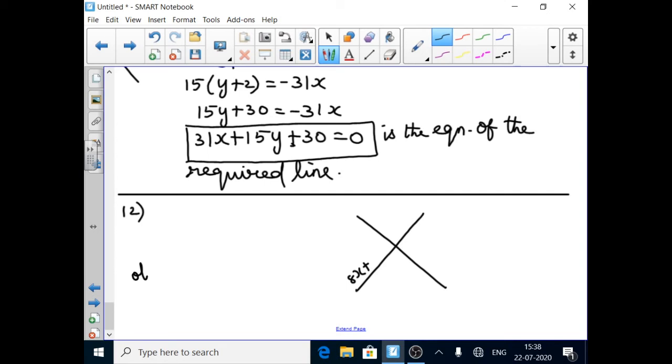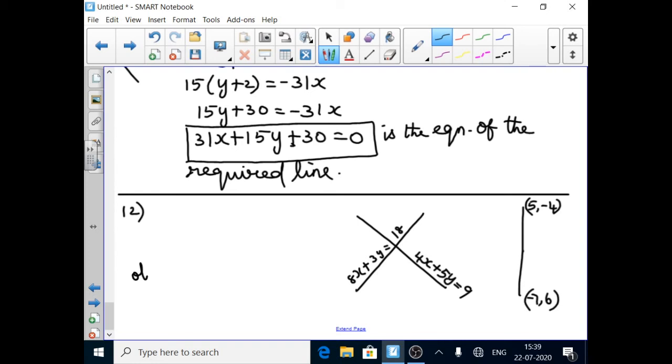8x plus 3y equal to 80. Another equation is 4x plus 5y is equal to 9. So you are getting one point of intersection. Here they give 2 points. 2 points means using 2 points we can draw one line. So 5 comma minus 4. This is one point. Another point minus 7 comma 6.